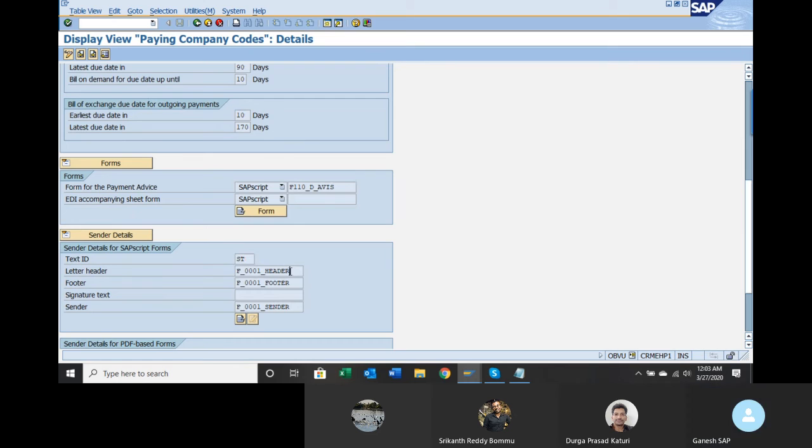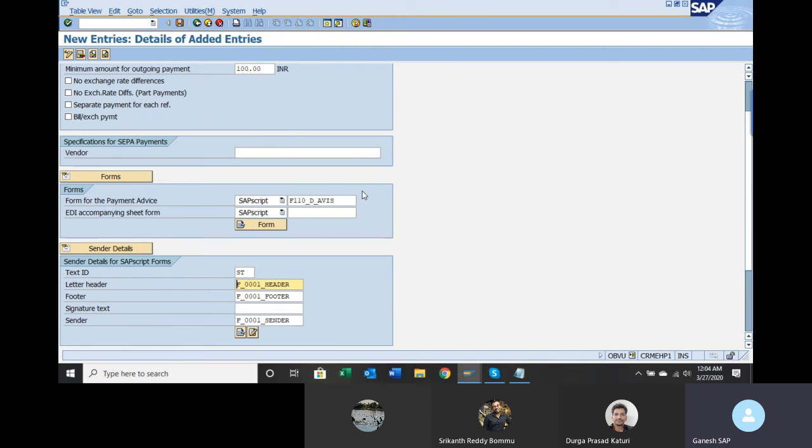You can take the standard company code given by SAP. So you can take those details. So what are this header, footer, signature? On this payment advice, header information should come, footer information should come, and authorized signatory information should come. That will come from the letter header as well as the footer information. So this is the standard text that is going to bring those details onto the form. Save it.